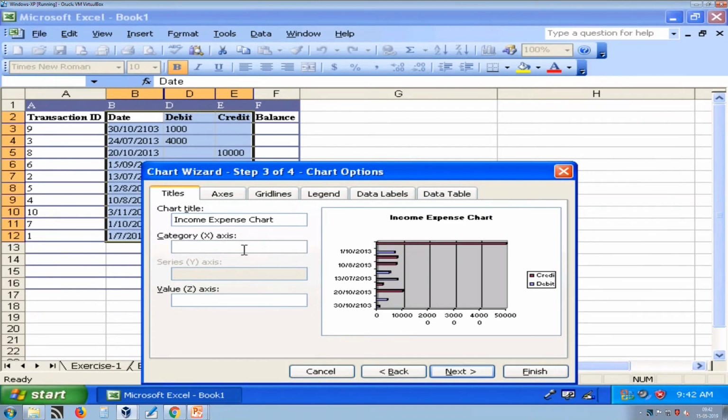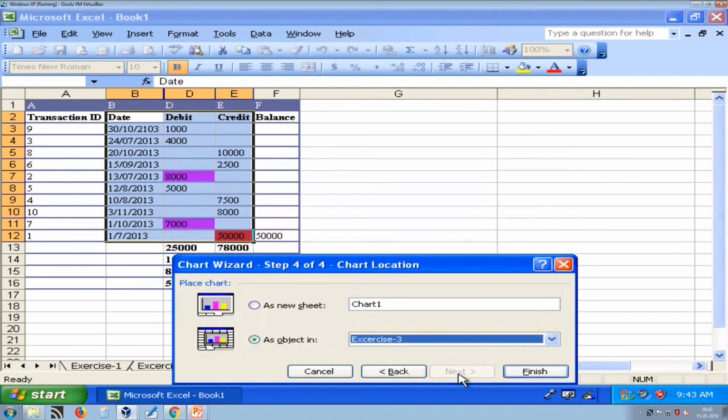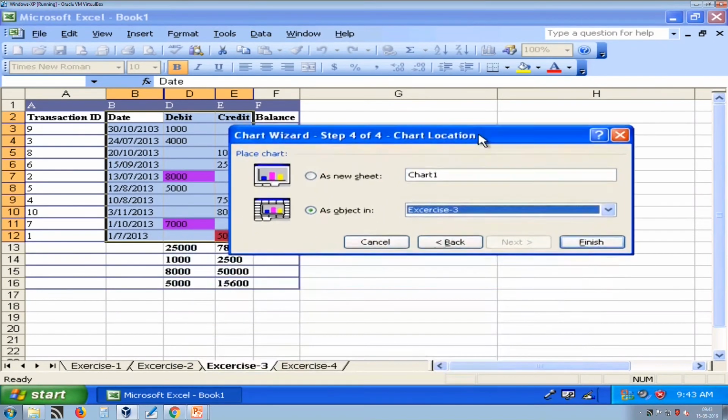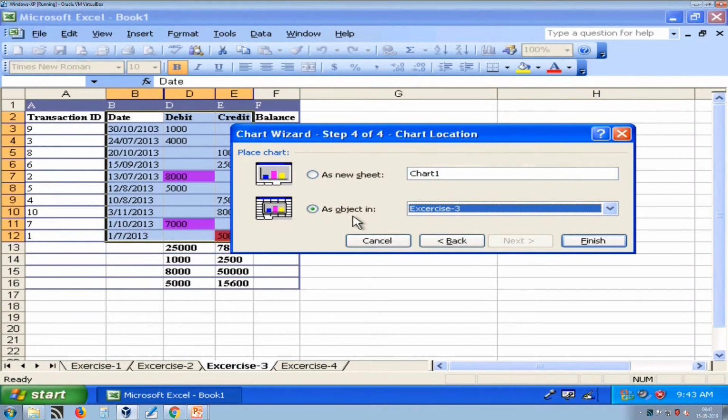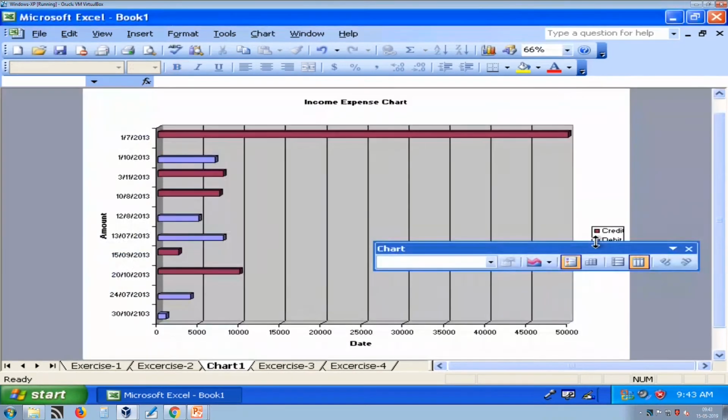On x axis we have amount, and on z axis we have date, and then press next. Now, it will ask you whether you want to place chart inside same sheet or as a new sheet. So, here I select as a new sheet and then press finish.